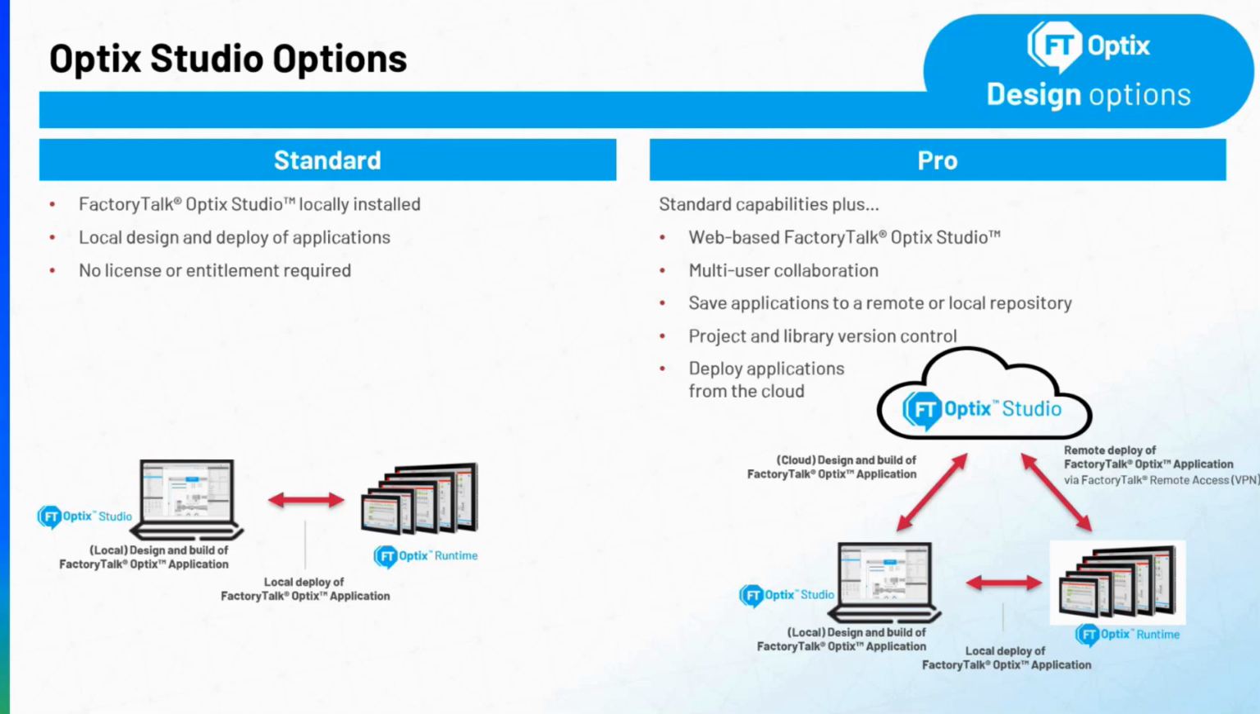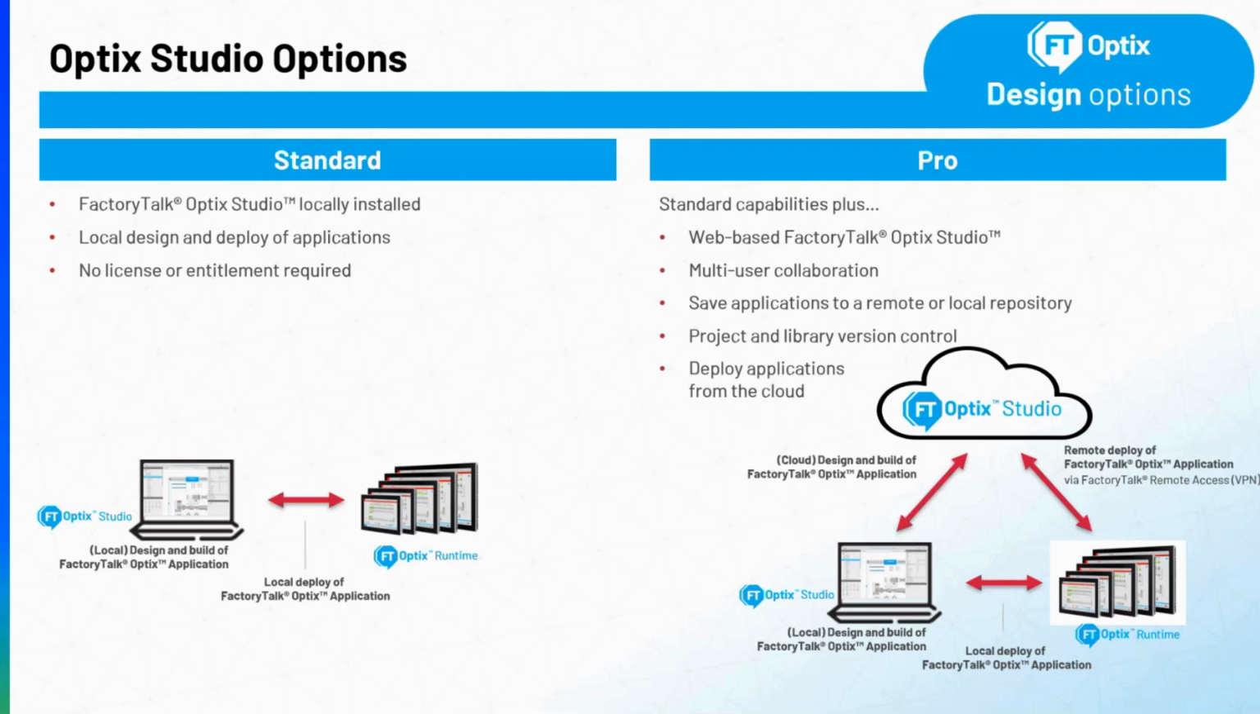Now, on the other hand, you have the Optix Studio Pro. This is a subscription-based license for Optix Studio in the cloud. And this gives you access to all of the capabilities that are associated with the cloud. So for one is FactoryTalk Optix Studio through a web browser. This is a cloud-hosted session that allows multiple users to collaborate and work on separate screens in the same session